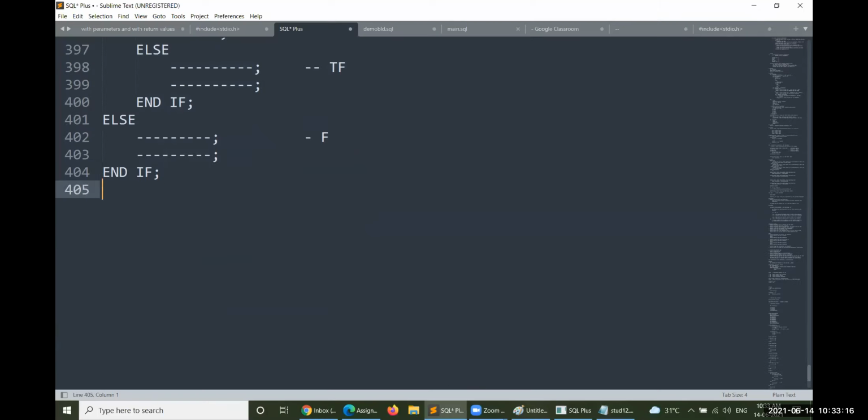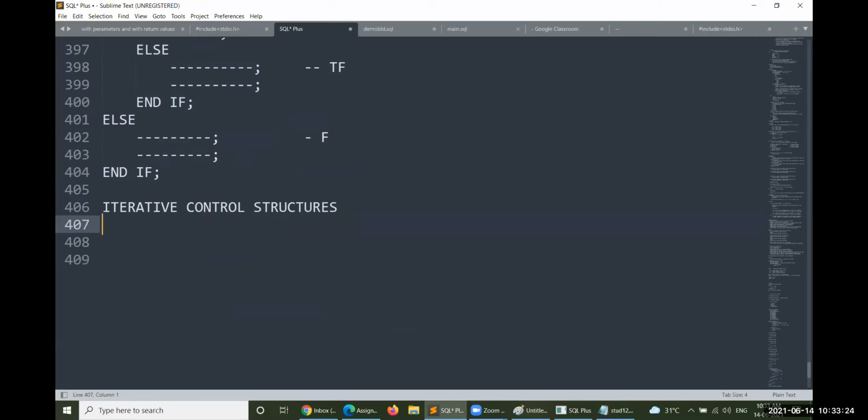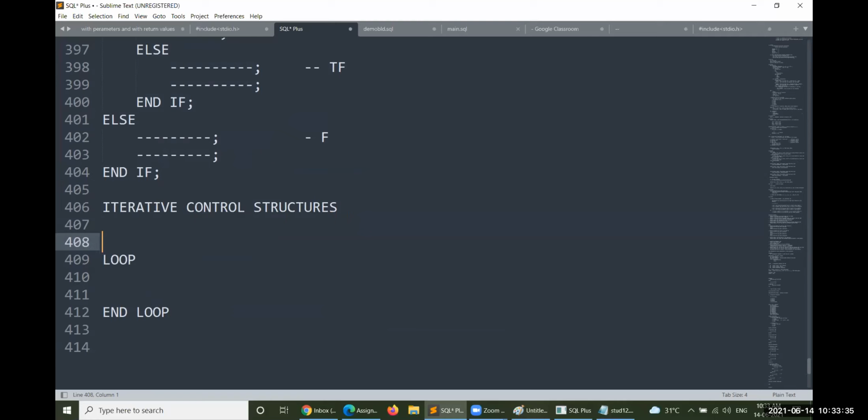So here, iterative control structures. Number one, loop followed by end loop. Actually, this loop and end loop is an infinite loop. This is not a finite loop. Infinite loop in the sense you do not have any condition to exit. So a finite condition cannot be implemented within this particular loop and end loop. So it is actually an infinite loop, and this infinite loop will be converted to